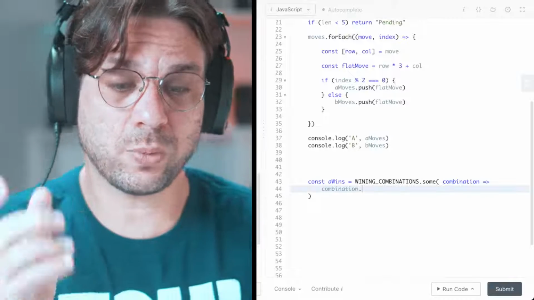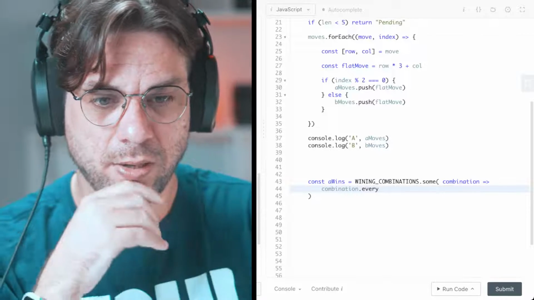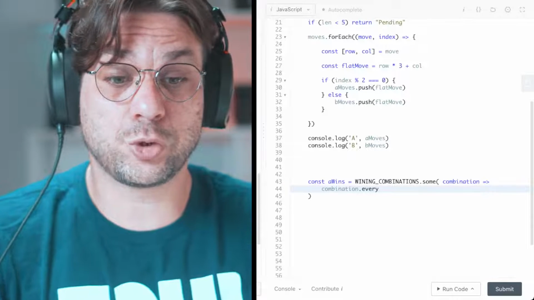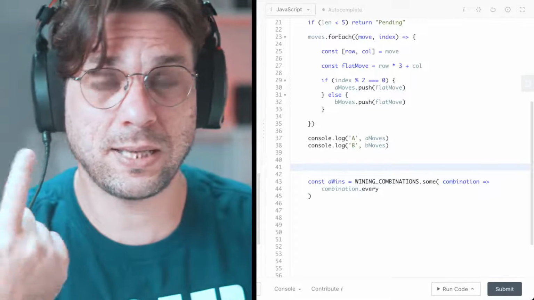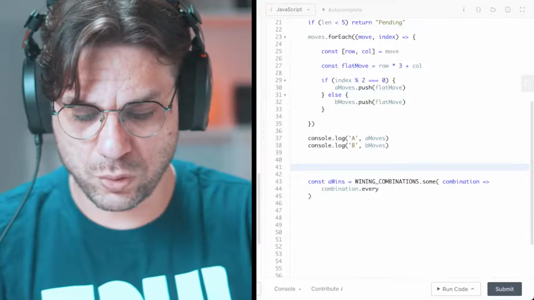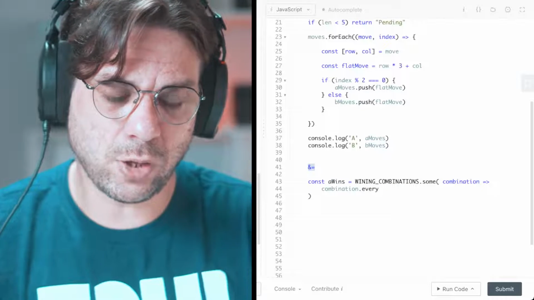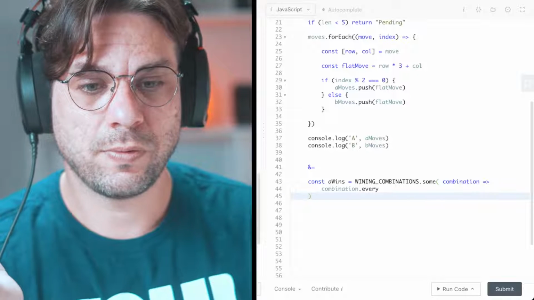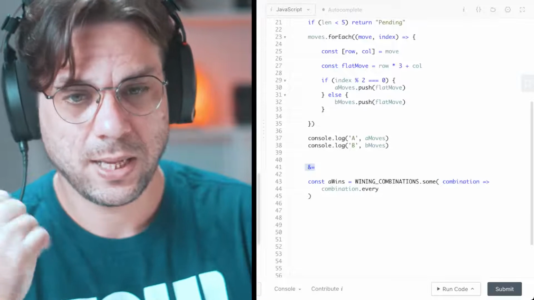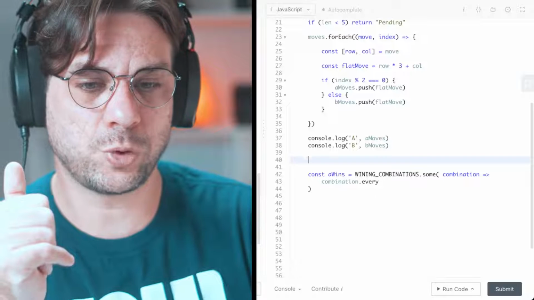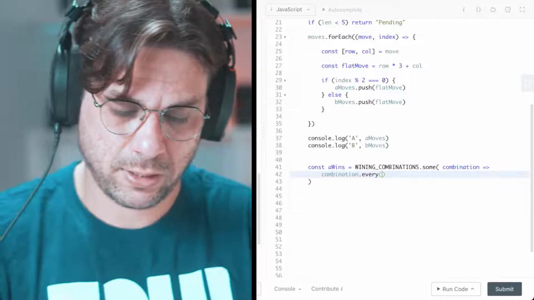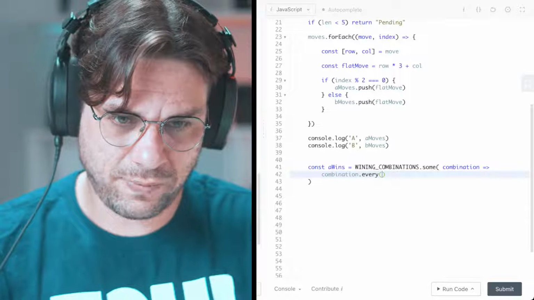So in JavaScript we have every. Okay, every is the same as the proof of true. In the last live we used the bitwise operator for our last problem, and this is also a proof of true. Okay, so then we need to check if every. Okay, and then we have here